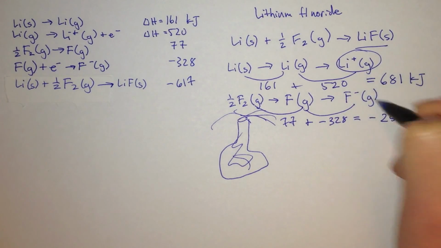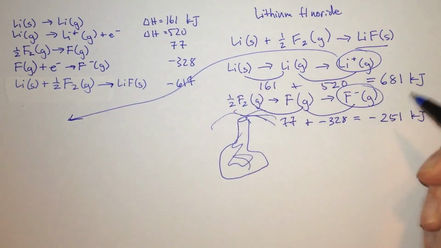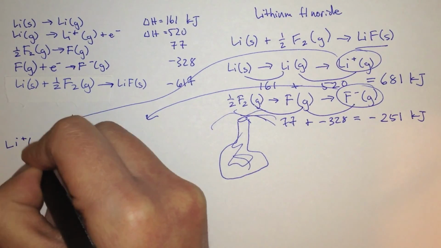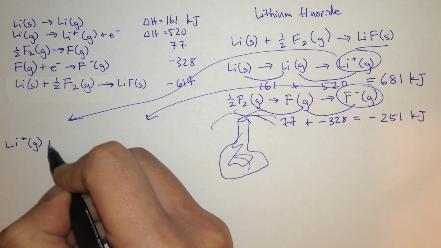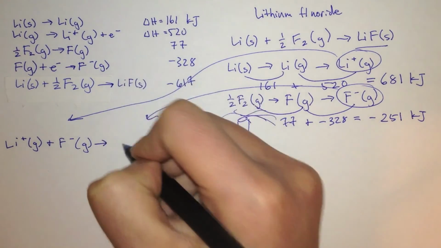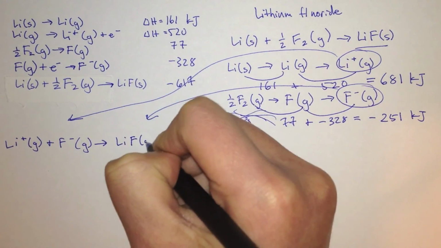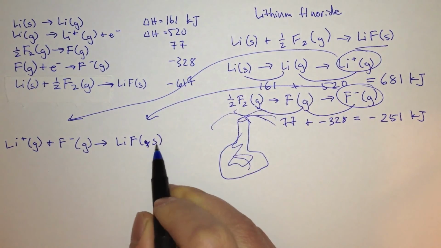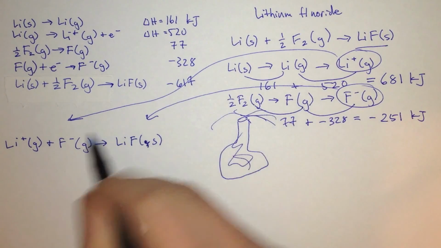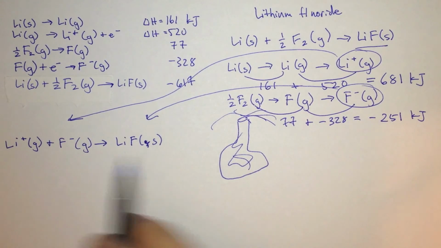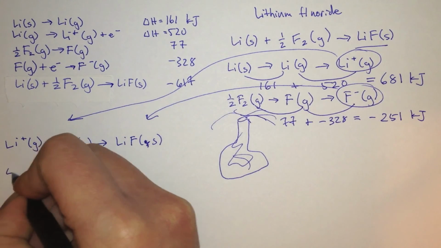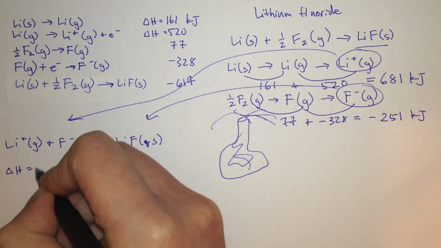And now we take these, just like we did in the previous problem, and we write another reaction. Here's our lithium, and here's our fluorine ion. And we want to put these together to create solid lithium fluoride, because we take the gaseous ions and we make a lattice, and this is the definition of the lattice energy. So again, we're going to use the heat of formation, the heat of reaction, and the heat of this reaction is equal to the lattice energy,